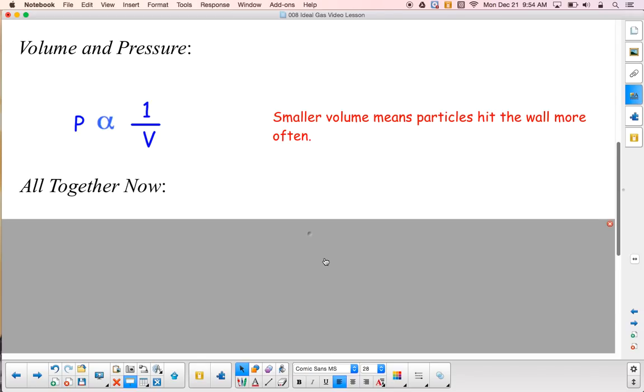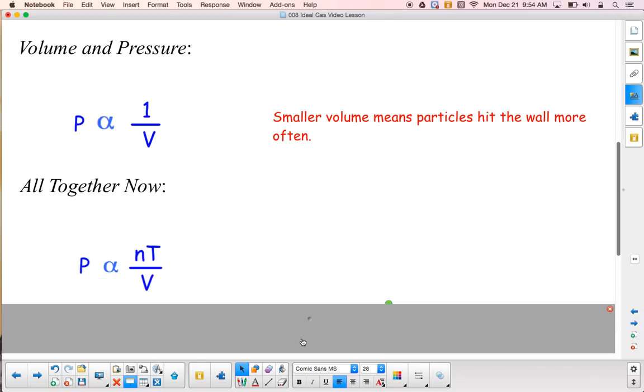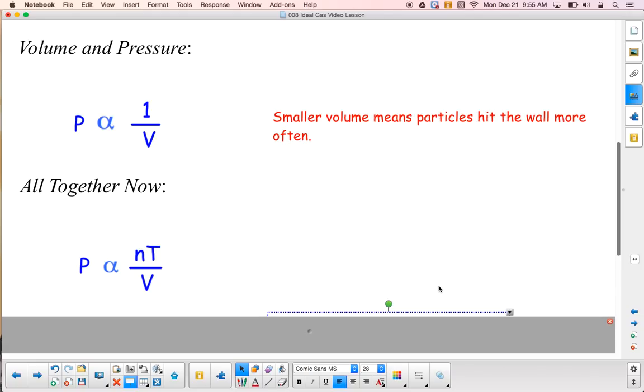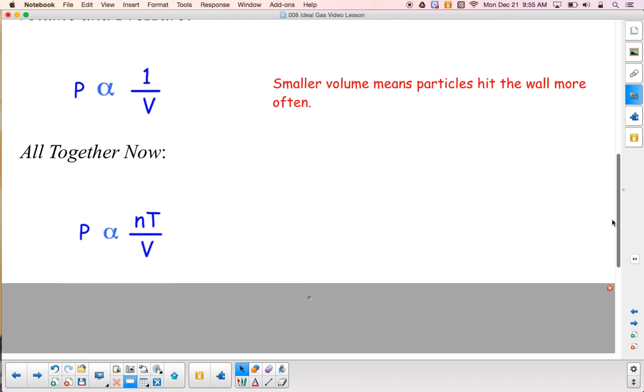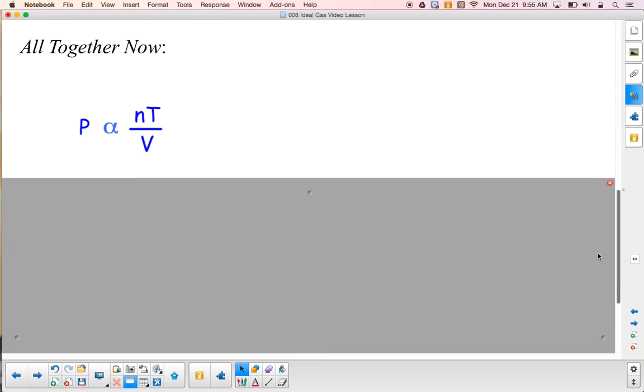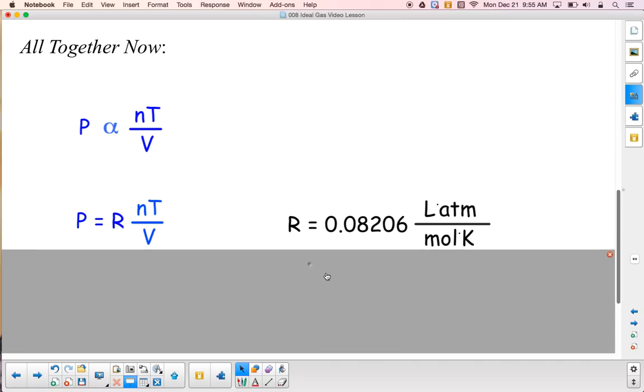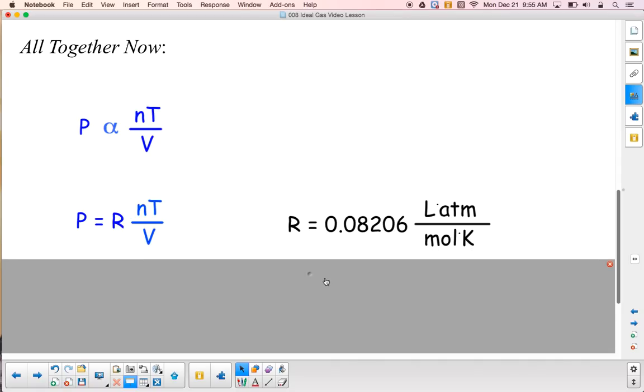The ideal gas law is built by taking all of these things and putting them together. As we put all of these things together, we come up with pressure is proportional to the amount of gas times the temperature divided by the volume. Now, proportionality isn't particularly useful if we need to make a mathematical calculation. So in our next move, we're going to take away the proportionality sign and replace it with an equal sign